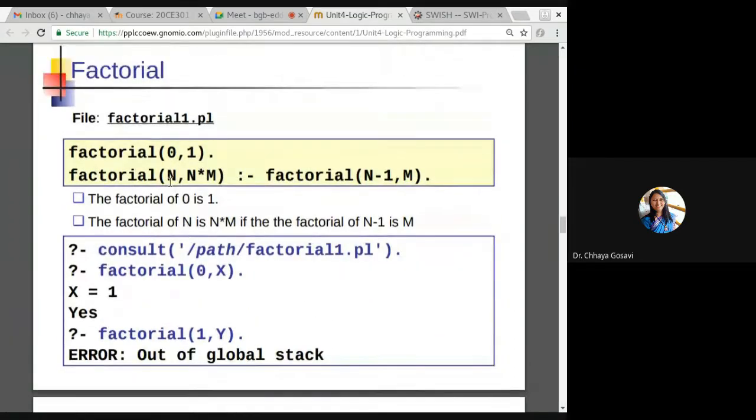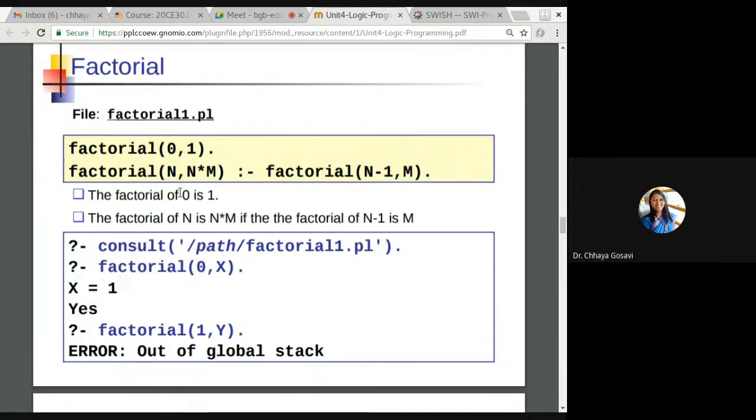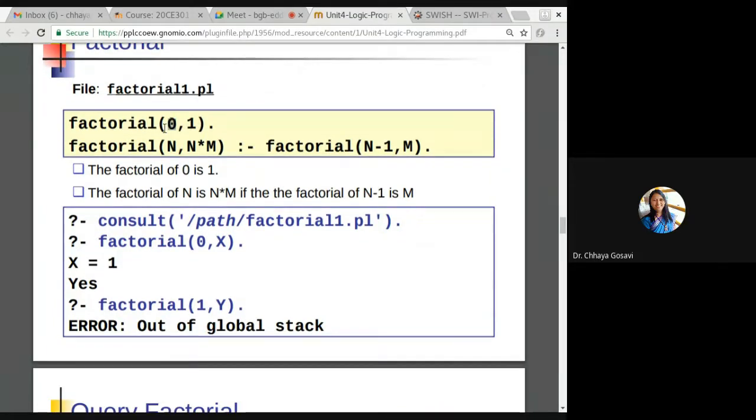Then we have seen the example of factorial. We want to find out where Prolog is lagging, and how Prolog is different from other programming languages. So we have written a simple code. Always for recursion, we should write a terminating condition. Factorial of 0 is 1; this is our terminating condition. And we know that factorial of N is N times factorial of N minus 1, so we want N into N minus 1 and so on till you get 0.